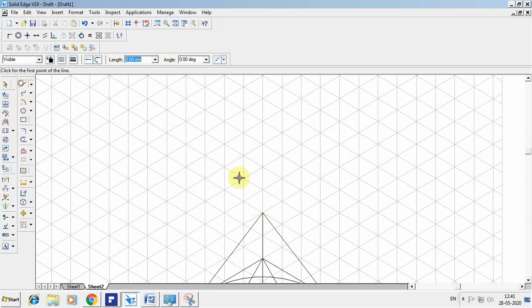So I'll go for 20 mm by counting the boxes. So 20. Again, to create a 40 mm, I have to come back 20 mm downwards. So I'm going to select this particular point again. So I'll go for 40 mm. Again, it will be 40, 40. So it will be 40 and 40. So now convert this into a circle.